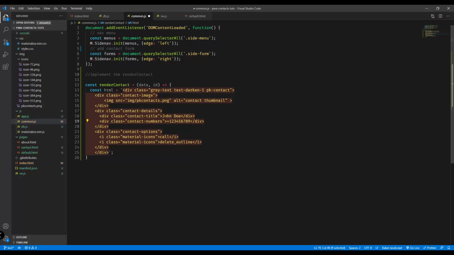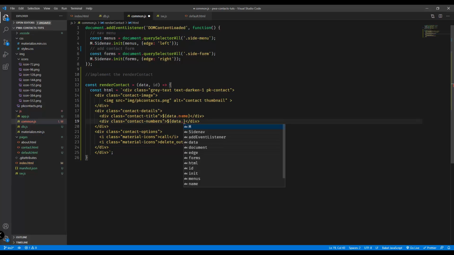So instead of John Doe, we're gonna be using interpolation here, $, and then open and close curly braces. We're gonna specify the data and then name, and in here we're gonna change that also, open and close curly braces, and then data that number. Okay, and inside here the delete